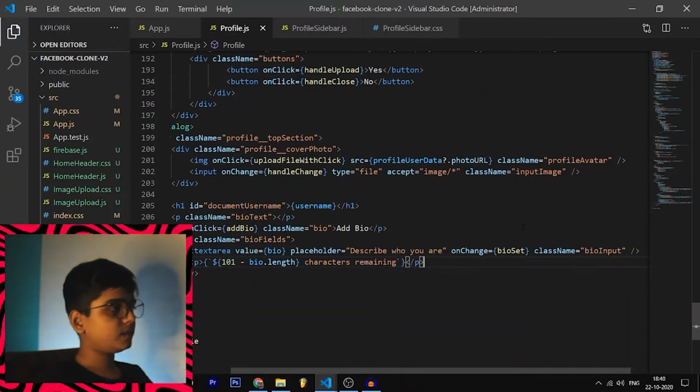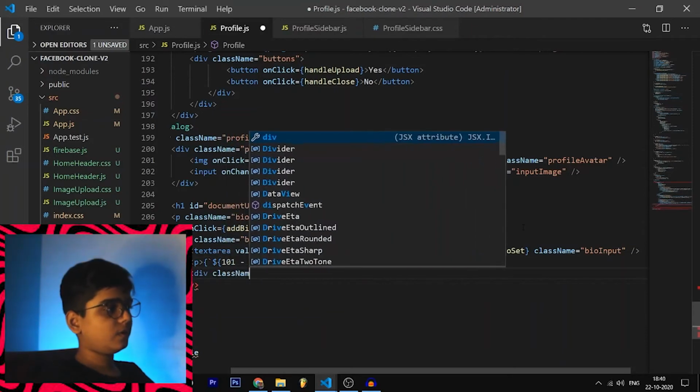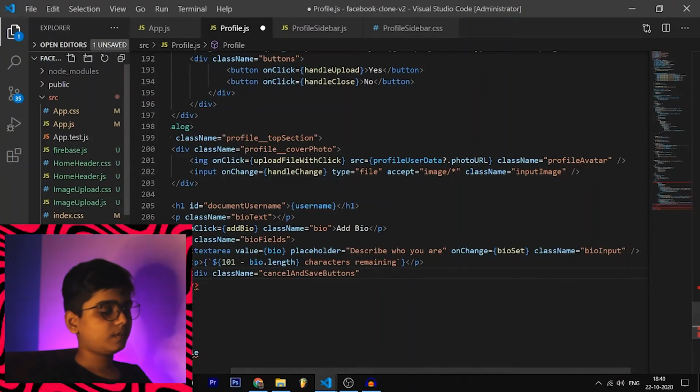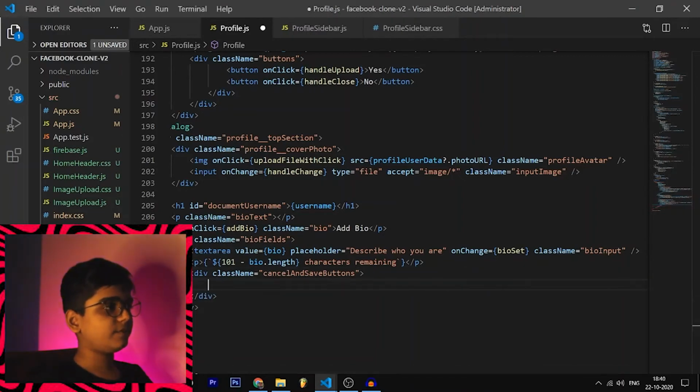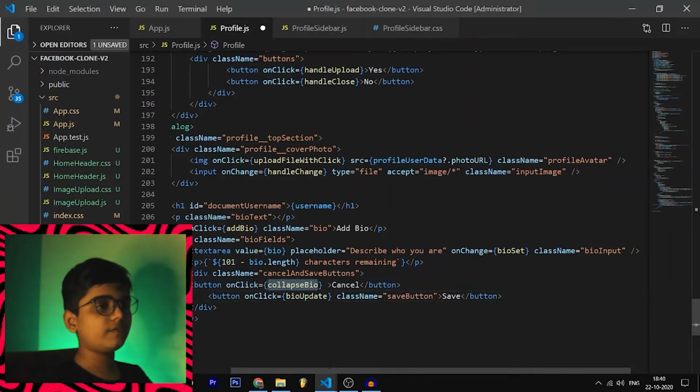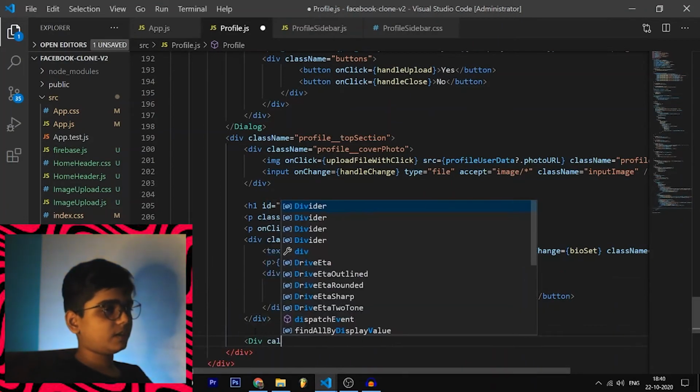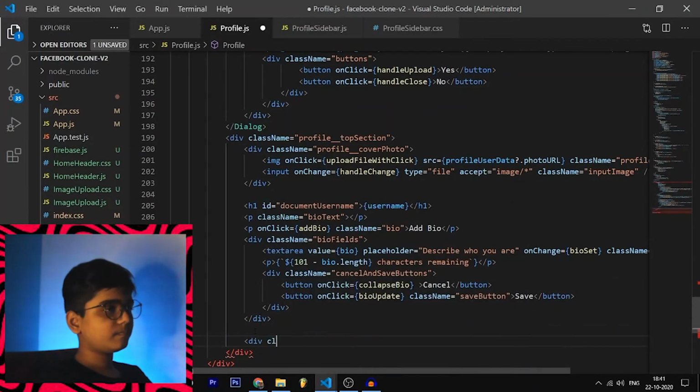And after this we have another div for cancel and save buttons. And inside this div you are going to have the save and cancel. Whenever I click cancel, collapse the bio. Whenever I click save, update the bio. And this div is done as well. And after this we have a line HR4,